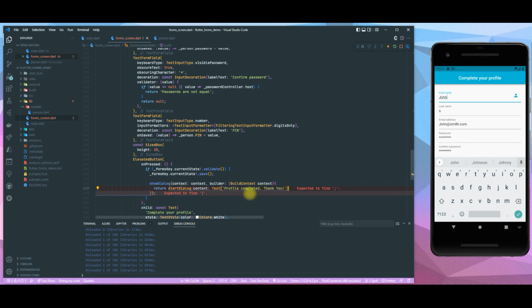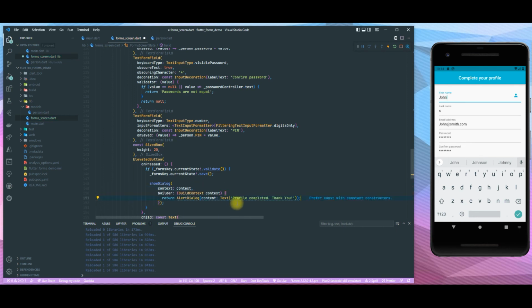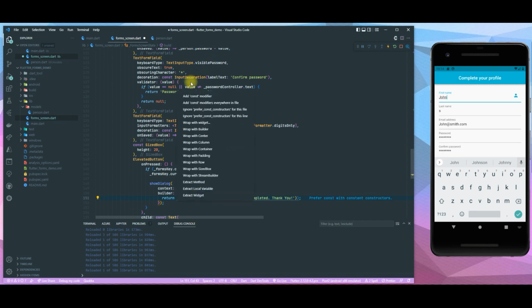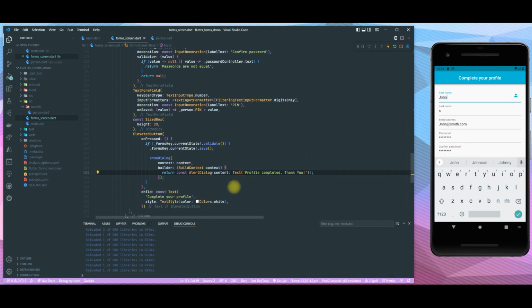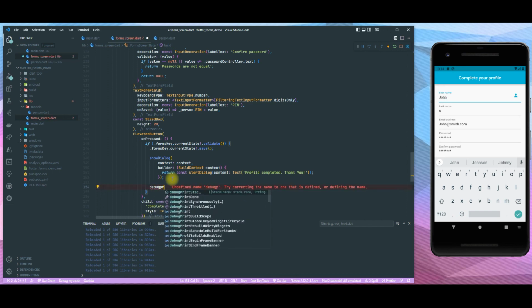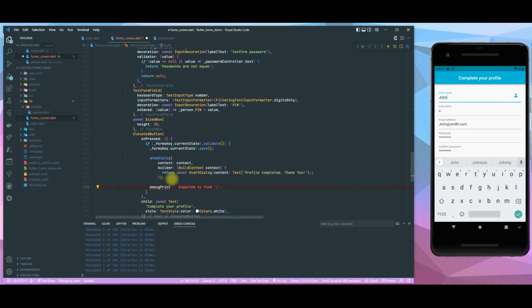What is wrong here? Let's see. So we want to have our return, and I'm missing the colon here, I think, and then like this. There we go. And we put a const around it. There we go. So if we want to do a quick check also if everything was there, we can do also a quick debug print here. First name,